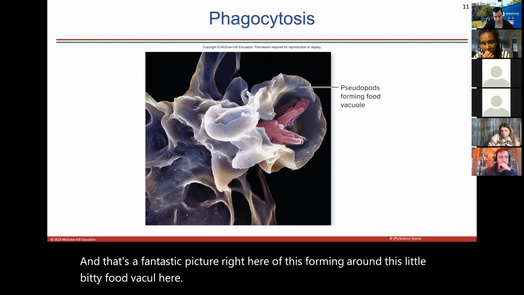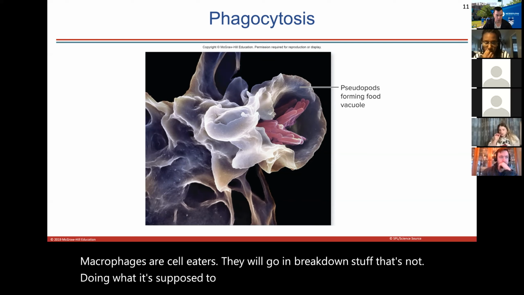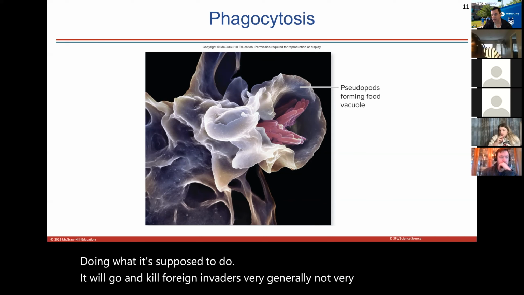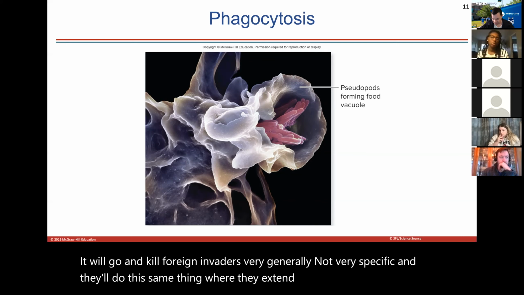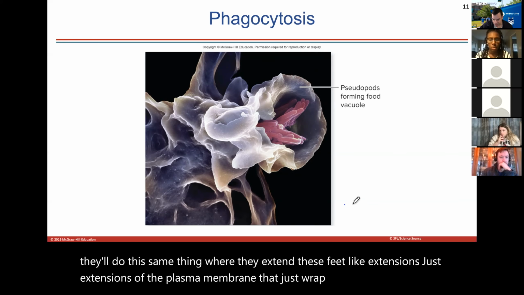Macrophages are cell eaters. They will go and break down stuff that's not doing what it's supposed to do. It will go and kill foreign invaders, very generally, not very specific. And they'll do this same thing where they extend these feet-like extensions. It's just extensions of the plasma membrane that just wrap around. Okay? So if this is